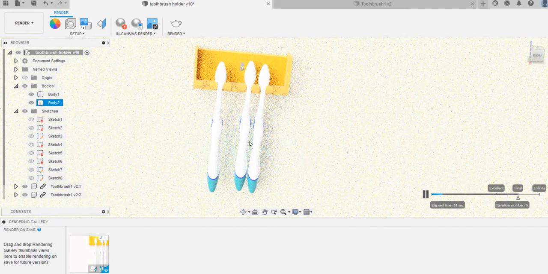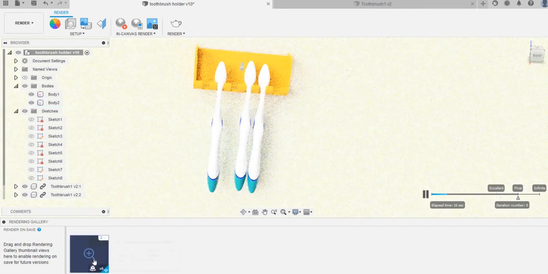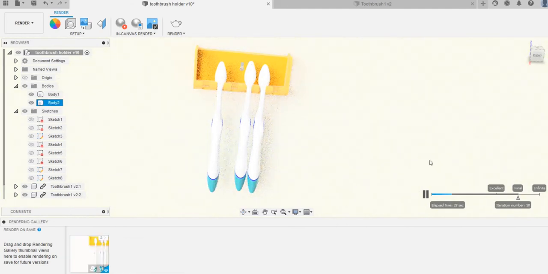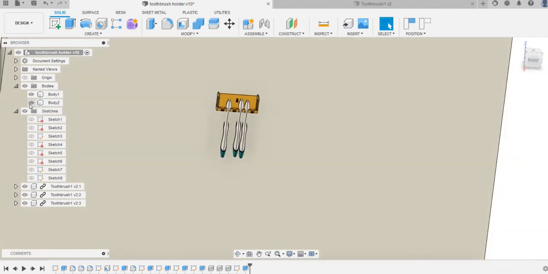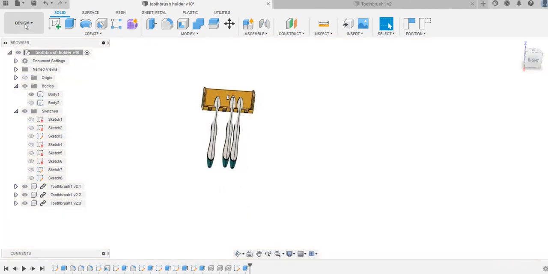The Cycles render is a little bit different from the Eevee renders, and with my experience, I think it's really a nice tool here. It really produces quality renders, so we can wait and see the quality of this render. So maybe what you can do, you can go back to design, because it will take a little bit of time. Let me minimize this one, and now let's try to render